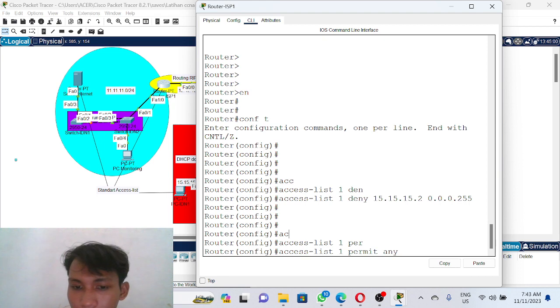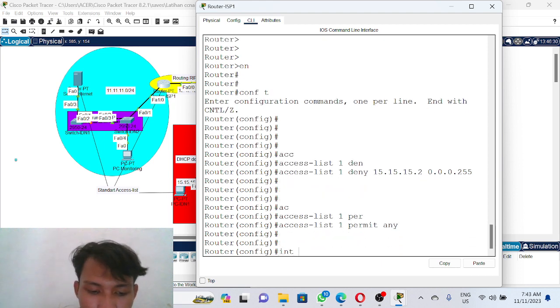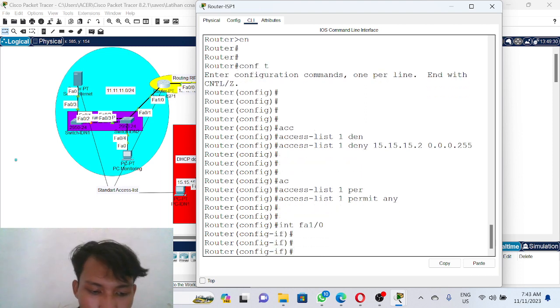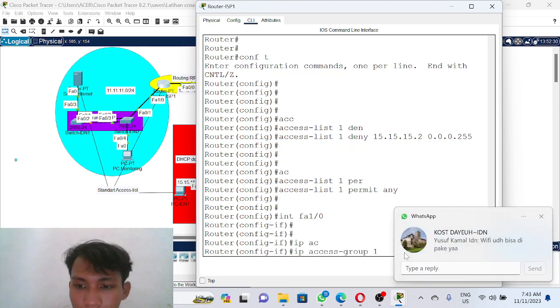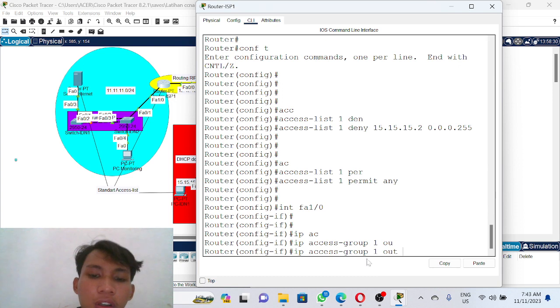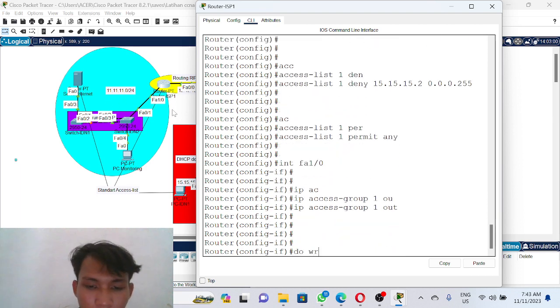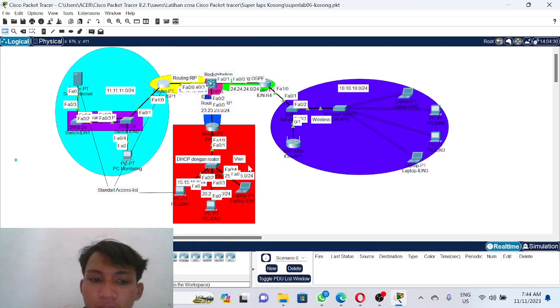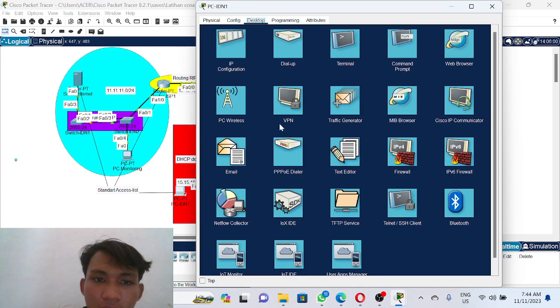Okay, and then interface FastEthernet 1/0, IP access-group 1 out, because it goes from the router out to this. Okay, write.